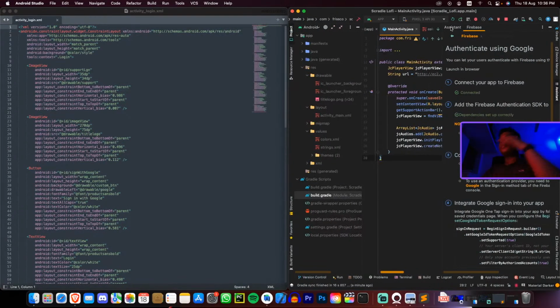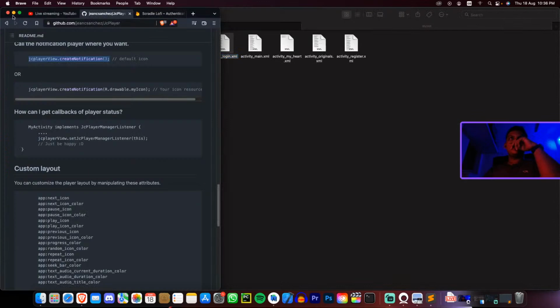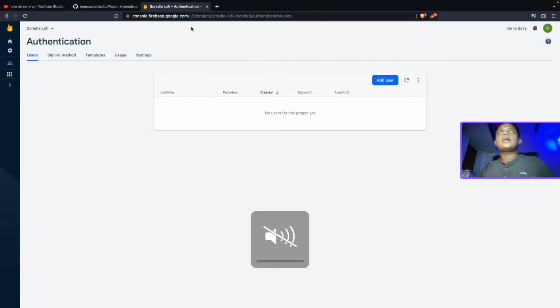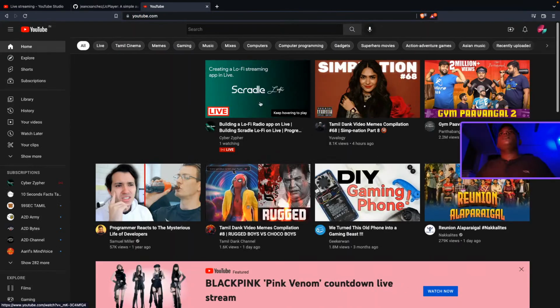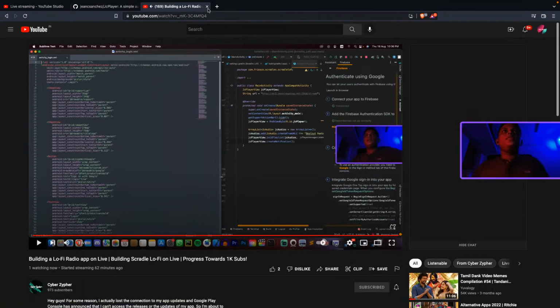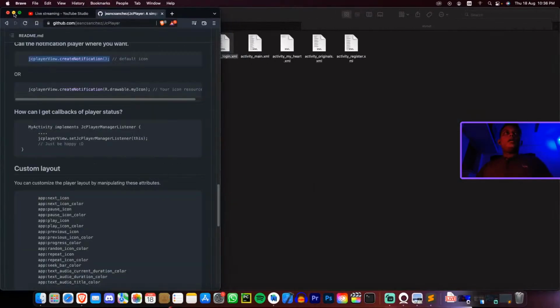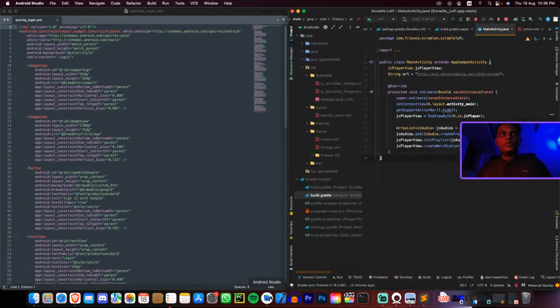So now let me just close the assistant, and meanwhile let's just go to our browser and see whether the stream is running or not. Sorry for the disturbance, guys, but I just want to see how the live stream is doing. Okay, pretty good, so smooth, that's what I want. So now let me just go to our Sublime Text and also Android Studio. Let's just do it as fast as we can because the time is already